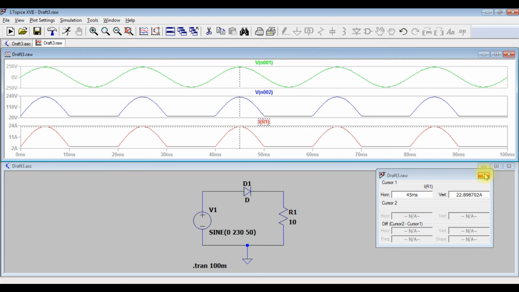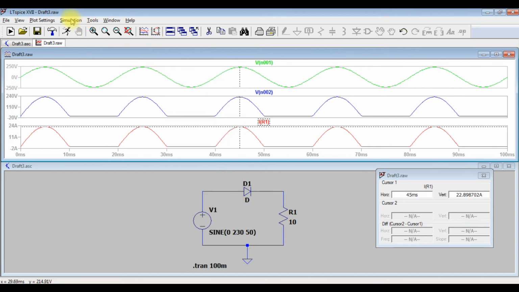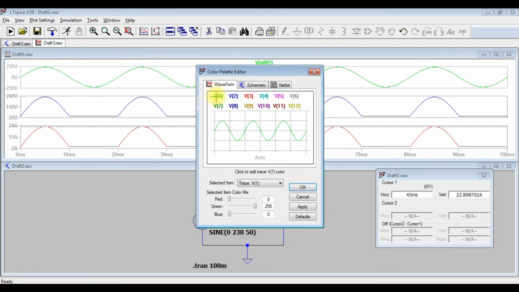Another thing is that in this particular plot, when you do the simulation, by default you will have a black background actually. Now my background is white because I made changes here. Right click, or you just go here to tools and select the color preferences. Go to tools and select the color preferences, and you need to change the background from here actually.